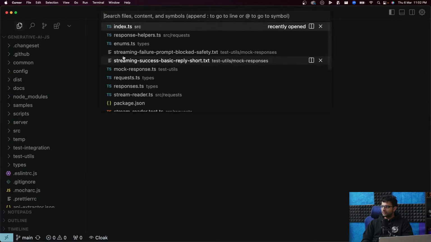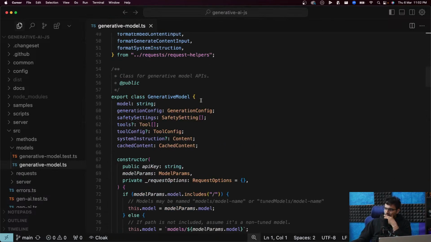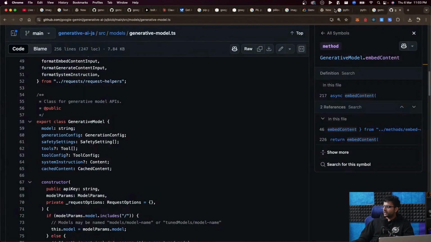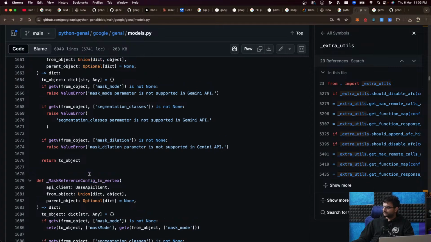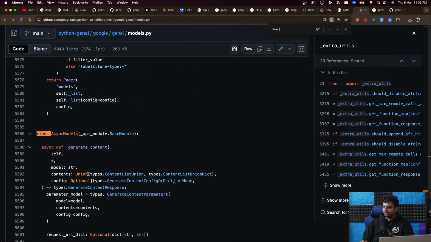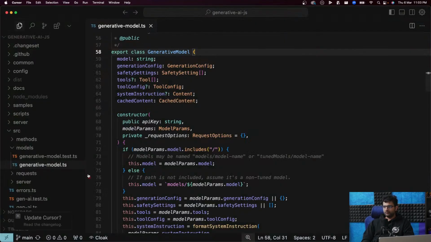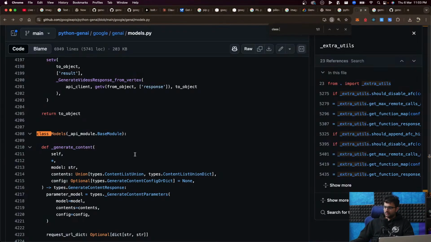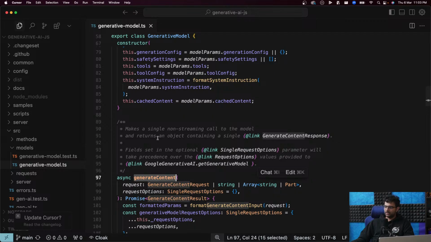Let's search for generative model.ts, and here we have a generative model class, which is very similar to the Python one. What is the class called here? This one's called models. Ours is called generative model. This one has generate content and generate images. Ours only has generate content right now. So let's just go with it.